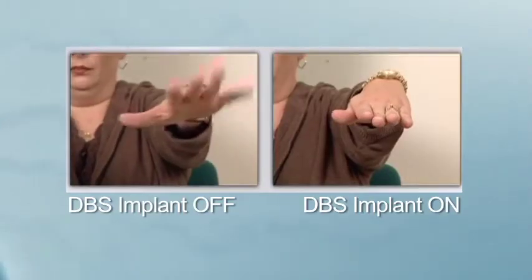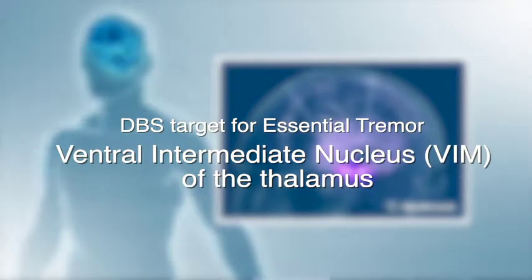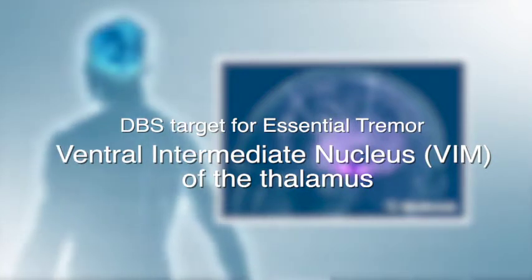Treating patients who have essential tremor with deep brain stimulation can be very satisfying. These patients often obtain a fairly dramatic effect in terms of reducing their tremor, and in some cases the tremor can almost disappear completely. Traditionally, deep brain stimulation for essential tremor has involved targeting the thalamus, or specifically the ventralis intermedius nucleus, or VIM. This has been a target that's been used for well over 10 or 15 years with